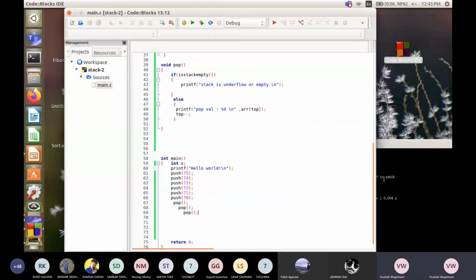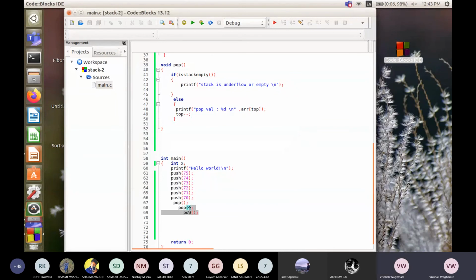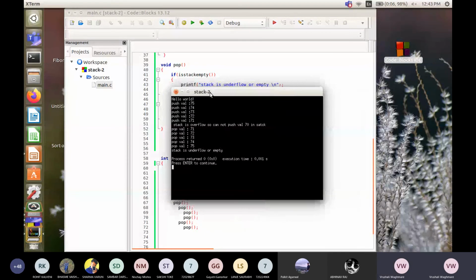Now it is popping properly. 1, 2, 3. Again we do it for 3 times. So 6 time it should give us error, that stack is underflow. Okay. Now this is our perfect output.